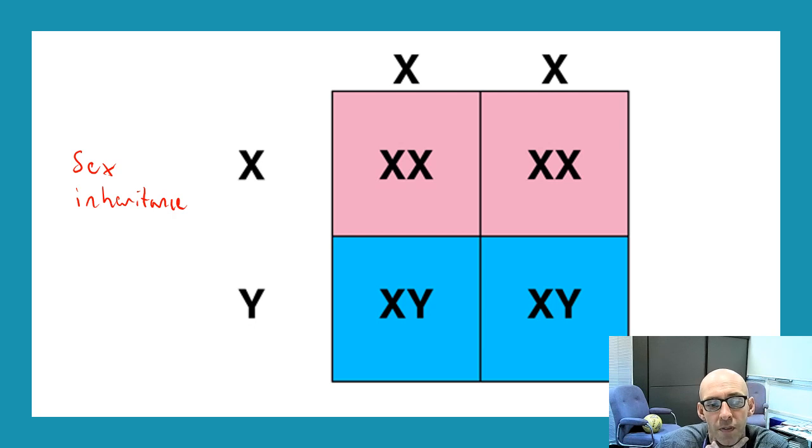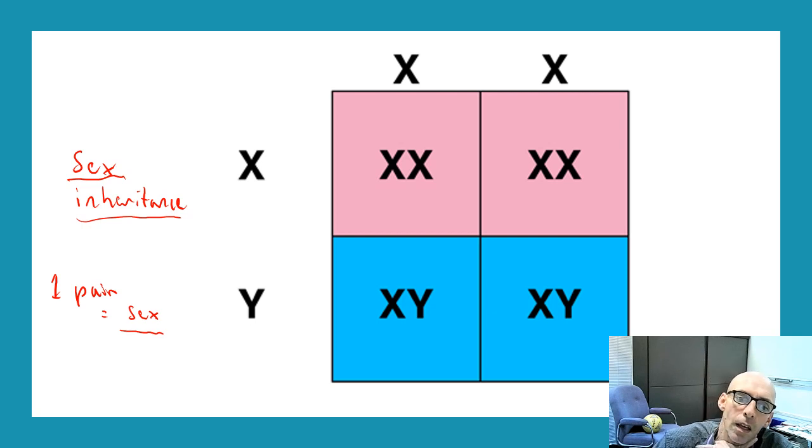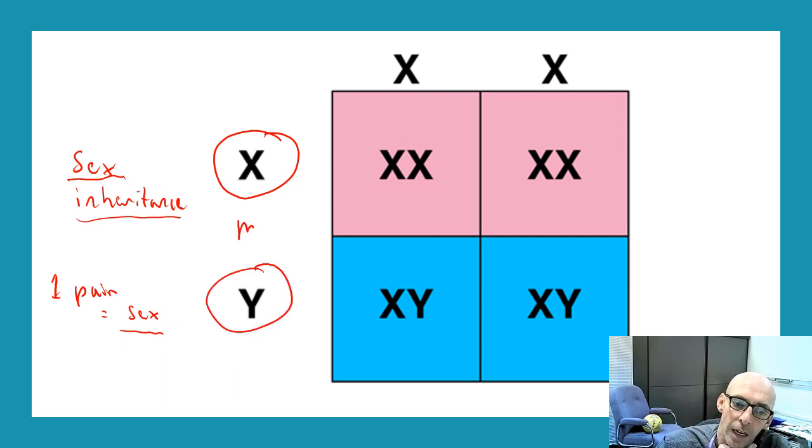Why are you a male or why are you a female? And the simple answer is one pair of chromosomes is mostly responsible for your gender or your sex biologically, male or female. If you received an X chromosome from one of your parents and a Y chromosome from the other, you ended up being a male. Whereas if you received an X chromosome from your mom and an X chromosome from your dad, you ended up being female.